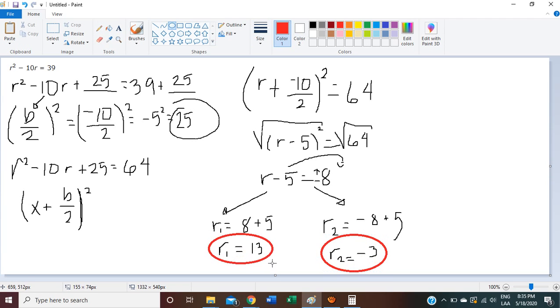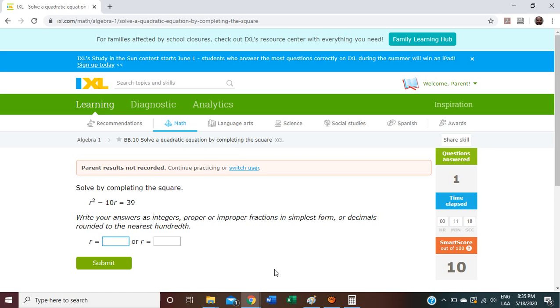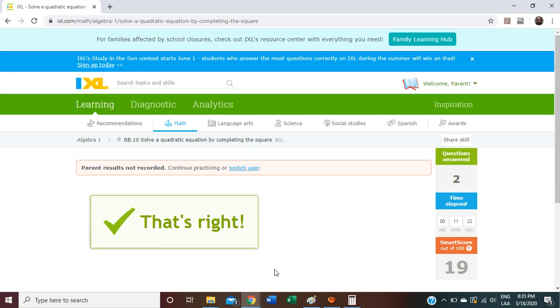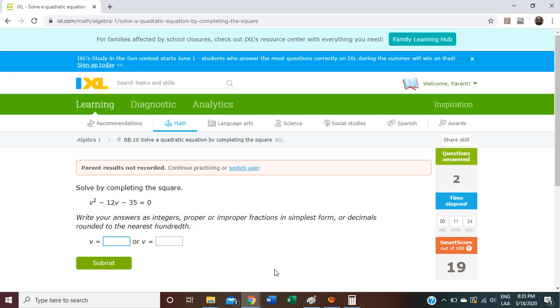Let me know if you have any question, and we are going to check 13 and negative 3. 13 and negative 3. That's right. So just keep going, keep doing it. Let me know if you make mistakes. Just check what your mistake was. If you still don't understand what your mistake was, you can let me